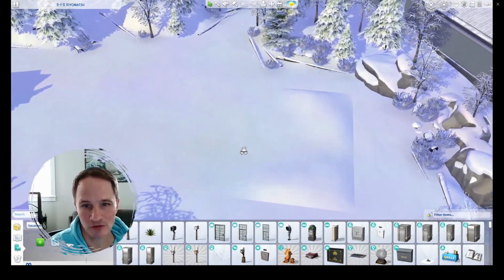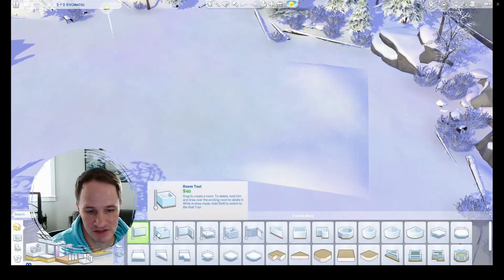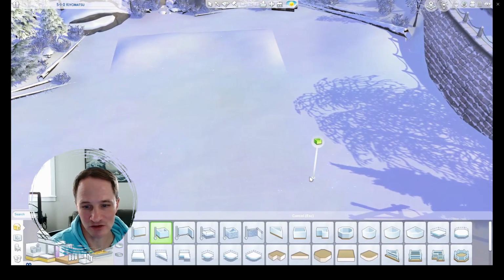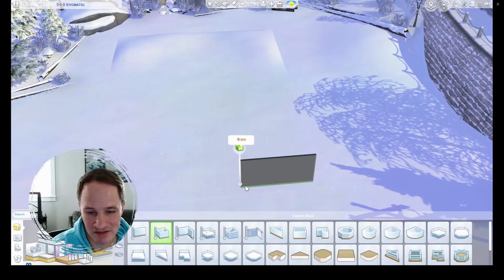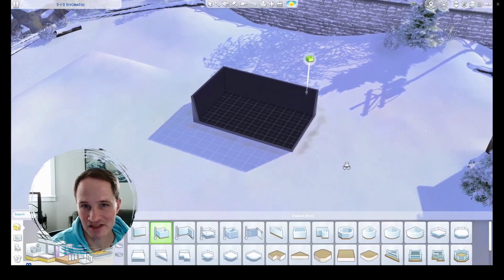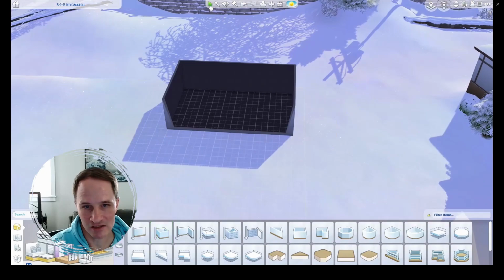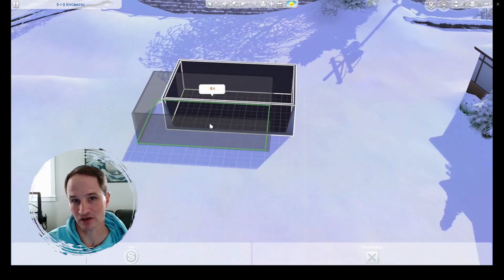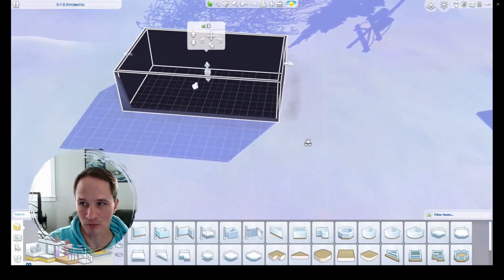Okay, so Mount Komorebi, right? This is the mountain getaway pack, and then you're right at the bottom of the ski lift. And I just thought it'd be fun to make a teeny tiny mountain resort kind of place. And typically, places like this, like up here in Colorado, you would have places